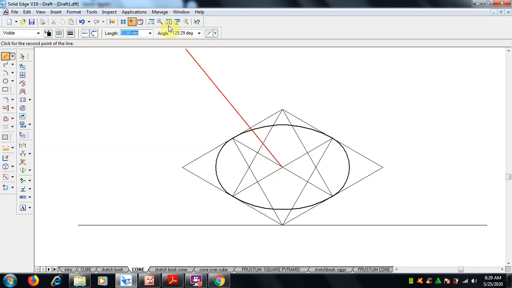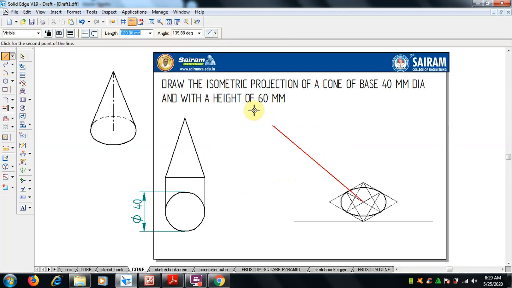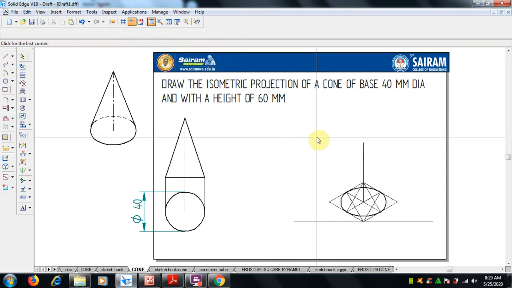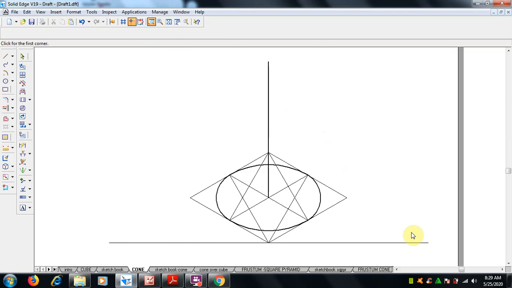What is the height given? Total height is given as 60 mm. Okay, so I will make length of 60 mm at 90 degree. That's it. So this is the height of the cone. Now we are going to join with this here in a tangent symbol.